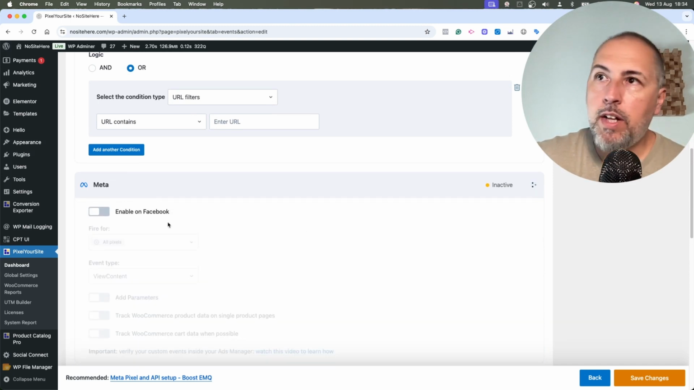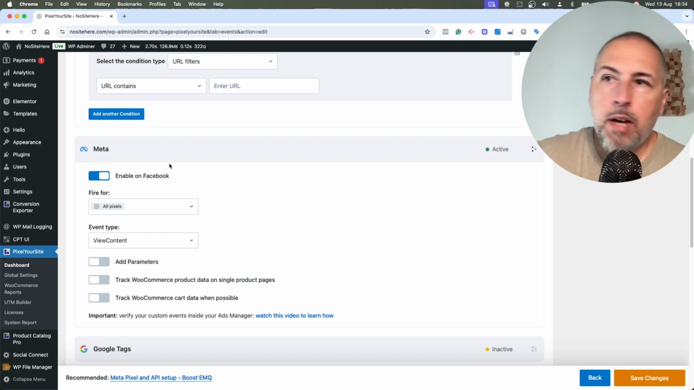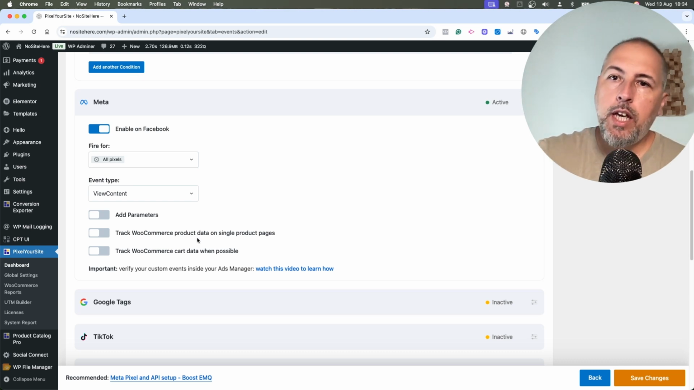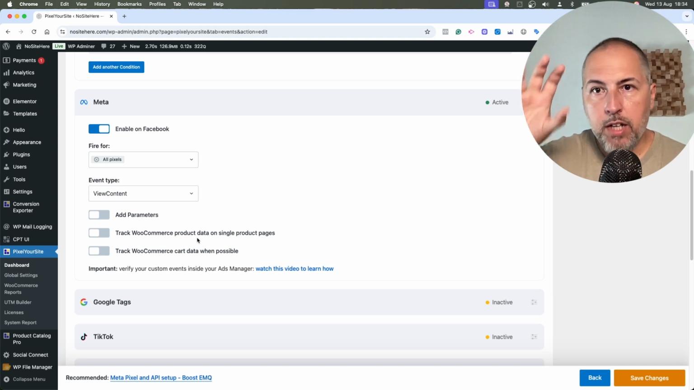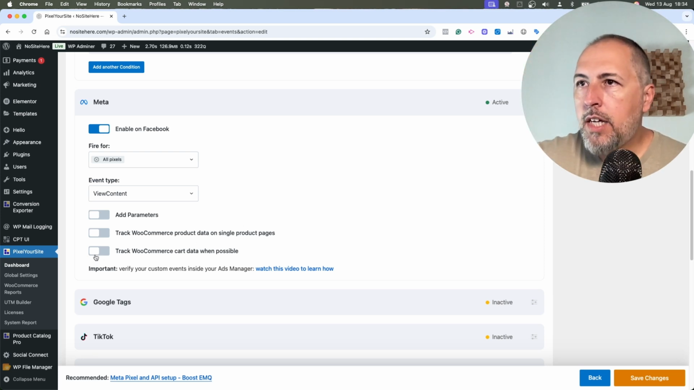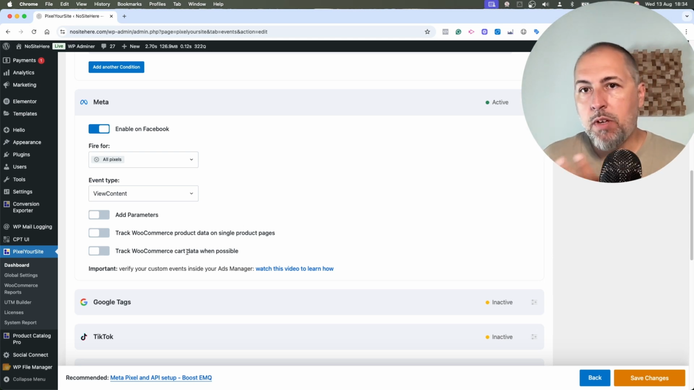When you configure the event for a tag, let's say Meta, you can now say track WooCommerce product data. And if the event is fired on a WooCommerce product single page, we will track that product data, or track WooCommerce cart data. And on a WooCommerce website, if there are products in the cart, we will track the cart